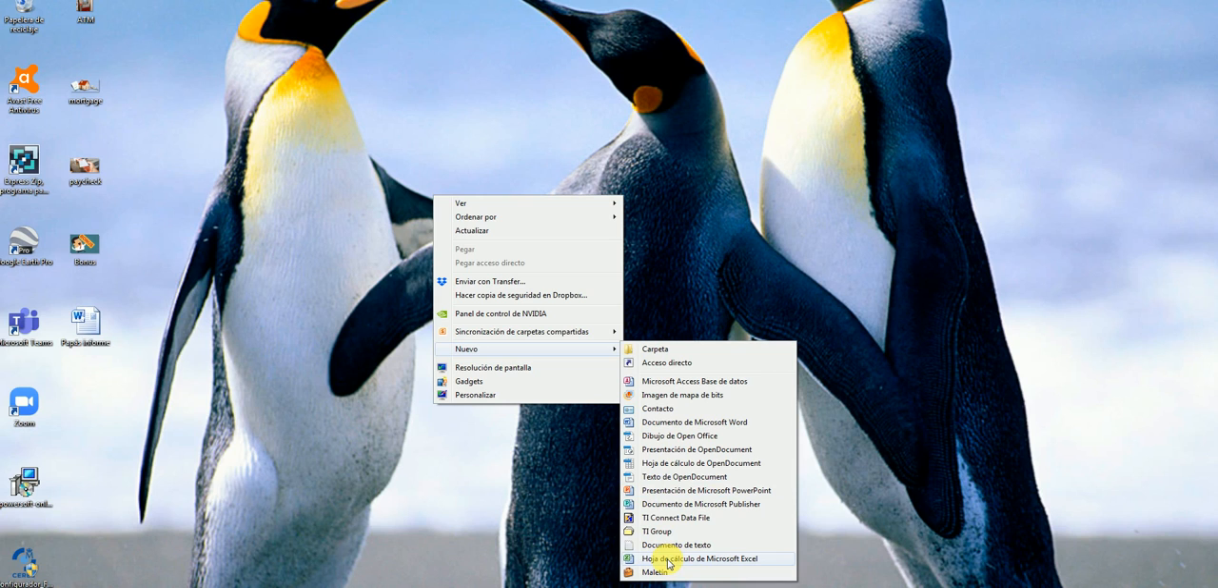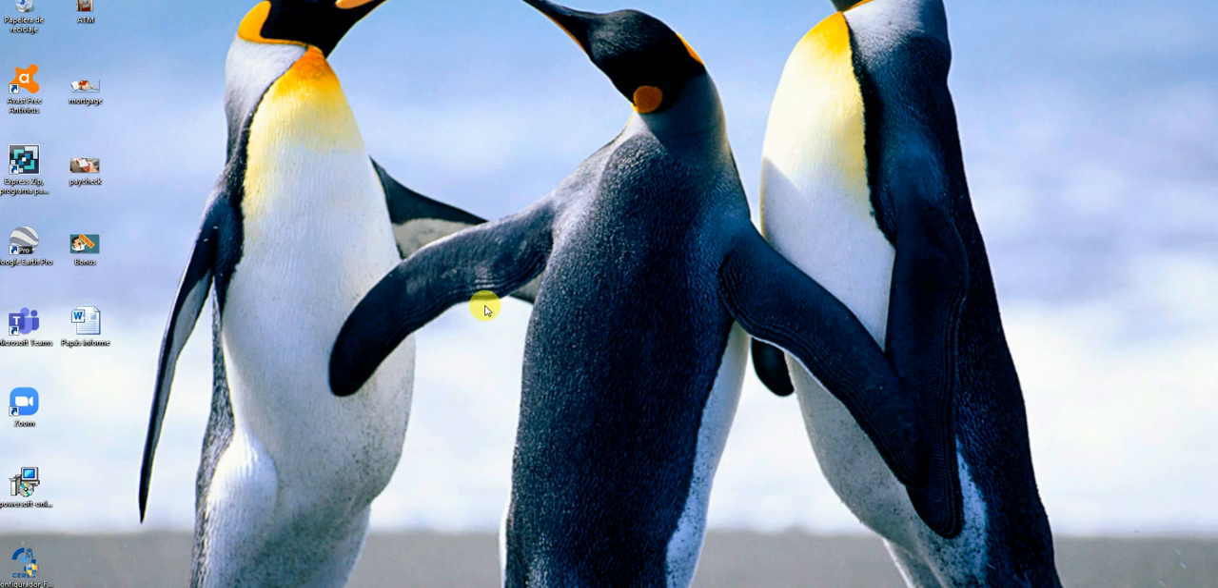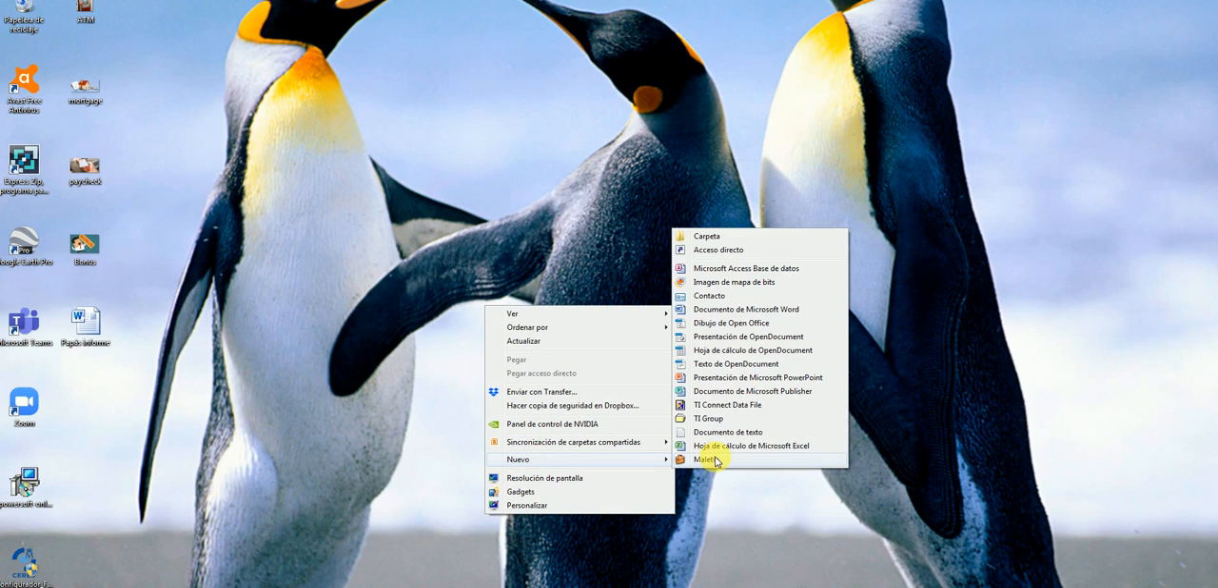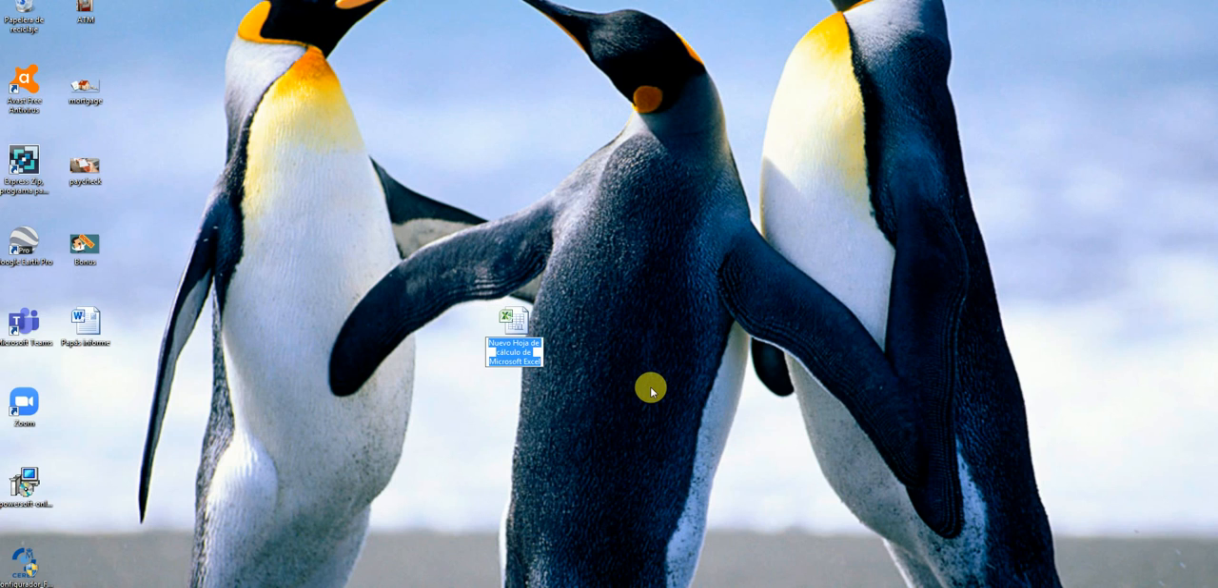So first, you go here, click right on your mouse, go to New, and then choose Hoja de Cálculo de Microsoft Excel. So, Spreadsheet by Microsoft. The name is going to be Bank Statement. And now, double click, and you open